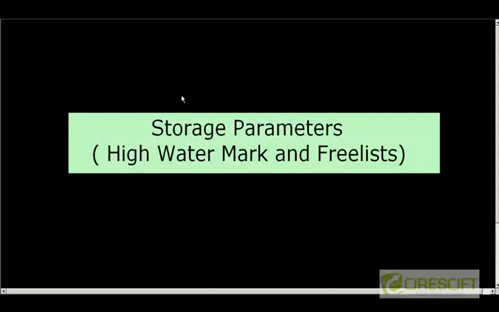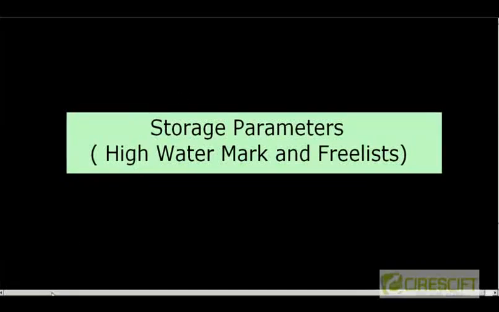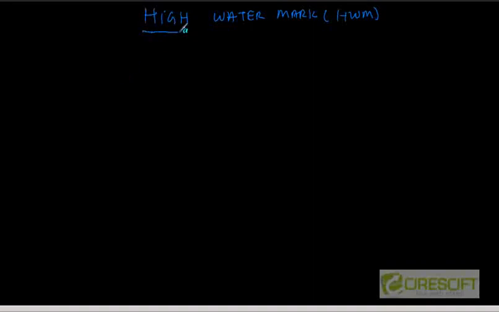In this tutorial, we are going to discuss storage parameters and a couple of terminologies. The first terminology that we are going to discuss is called high water mark, or in short HWM. To understand what HWM is and what its significance is,